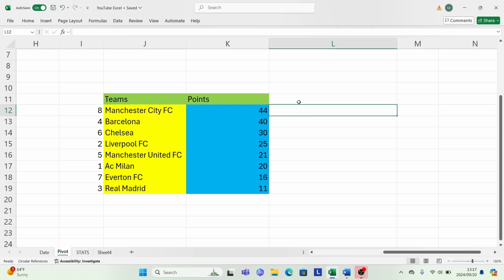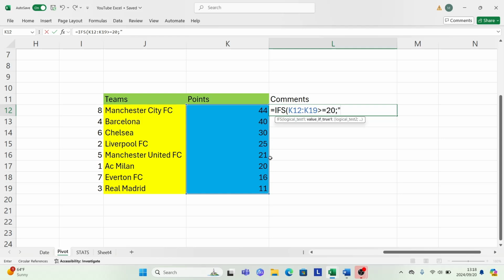so let's say maybe you want to comment and say to teams that got greater or above 20 points, they do qualify for the next match. So the teams that got less than 20 points, they do not qualify for the next match. So we can use IFS function. So just simply type in equal IFS, select your data and say equal or greater,